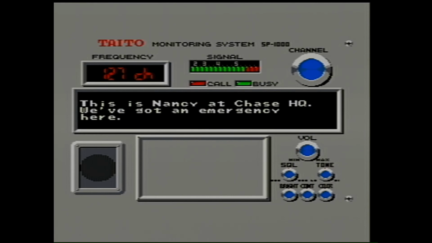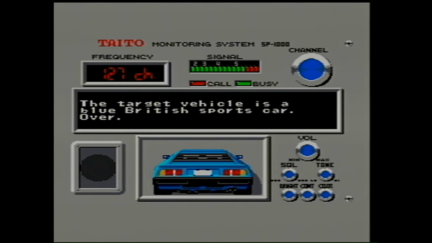This is Nancy at Chase HQ. We've got an emergency here. Ralph, the Idaho Slasher, is fleeing towards the suburbs. Don't worry, Nancy. The target vehicle is a blue